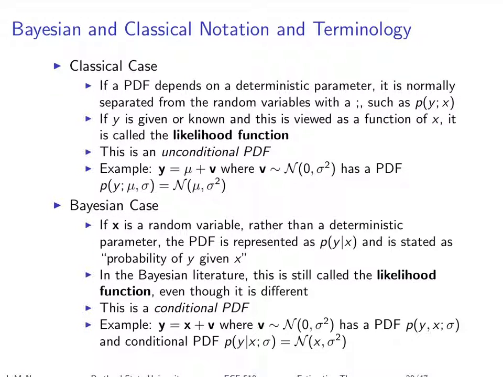In most cases, you can tell whether it's a random variable or not from context. And as soon as we get beyond this contrast between the classical and the Bayesian framework, we'll essentially always be working with random variables, so then it won't really matter that much.